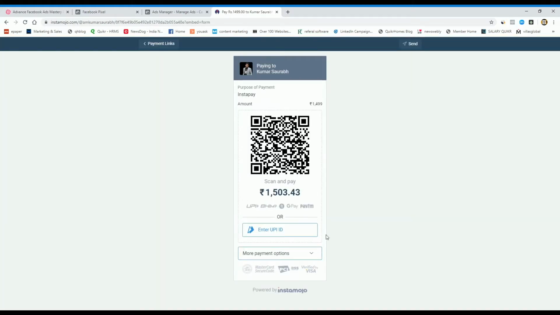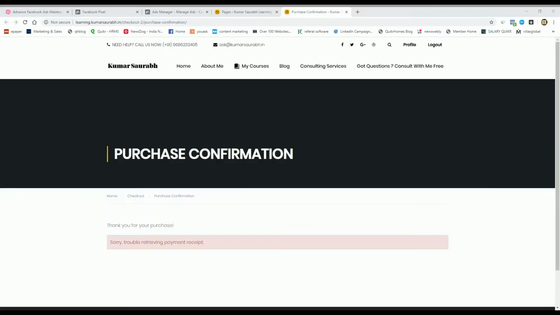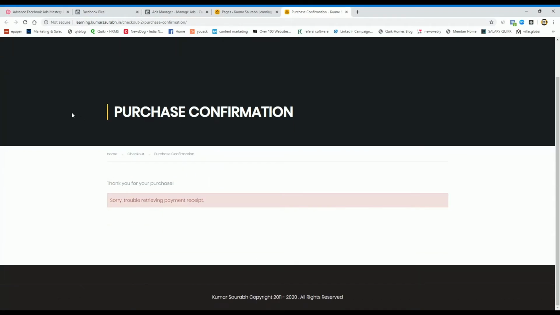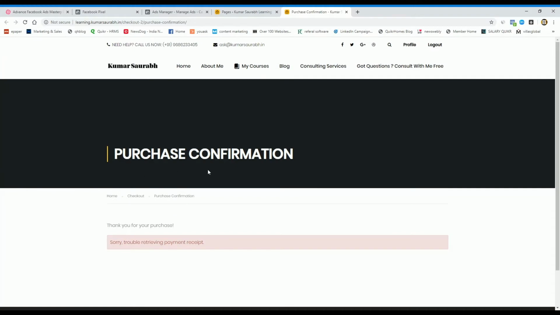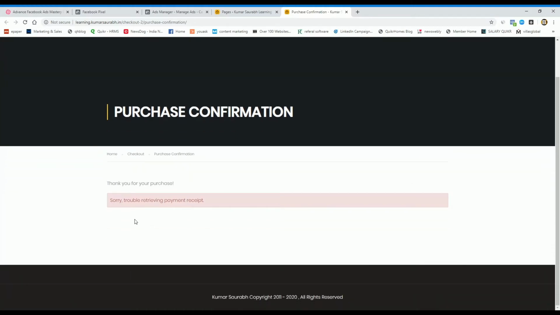Suppose he made the payment through this option. So now what will happen? If he made the payment, then the page redirects to the confirmation page that says you purchased, thank you for the purchase, and you can download your payment receipt.